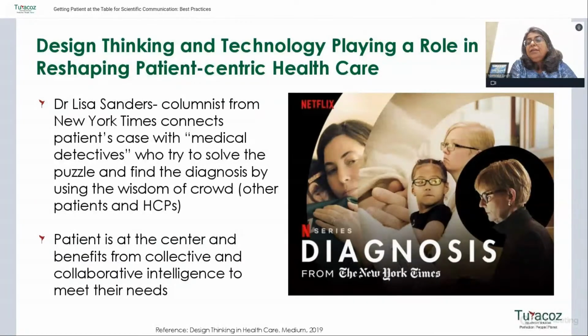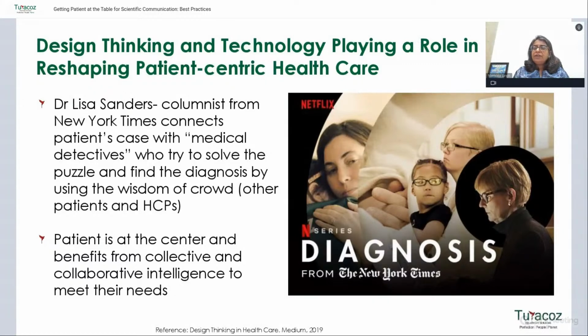And then they finally diagnose her. After the diagnosis, the management was something very simple, which was a diet restriction. It was a kind of fatty acid enzyme deficiency which she had, and just by managing her diet, she could reduce the episodes which she was having. So what I'm trying to say here is, in this episode, this is where we understand the power of having the patient at the center.